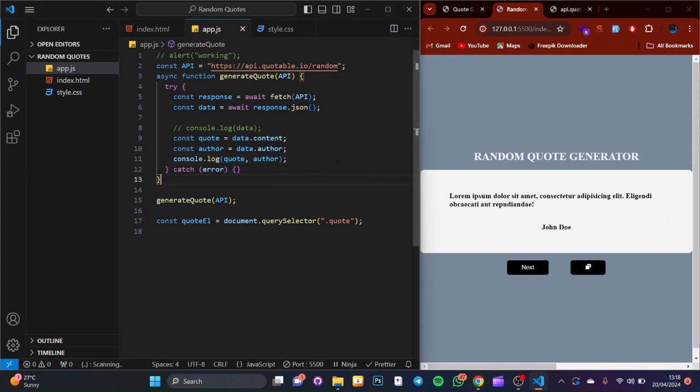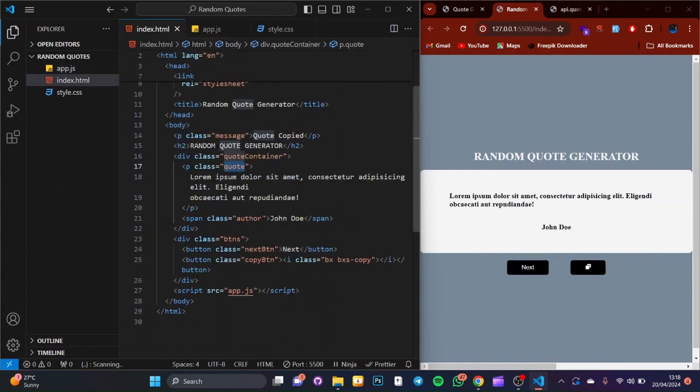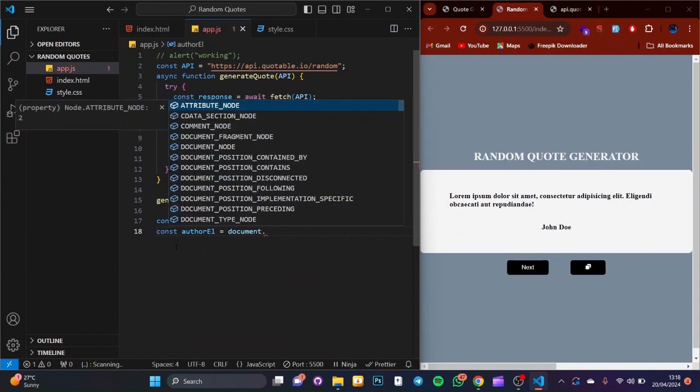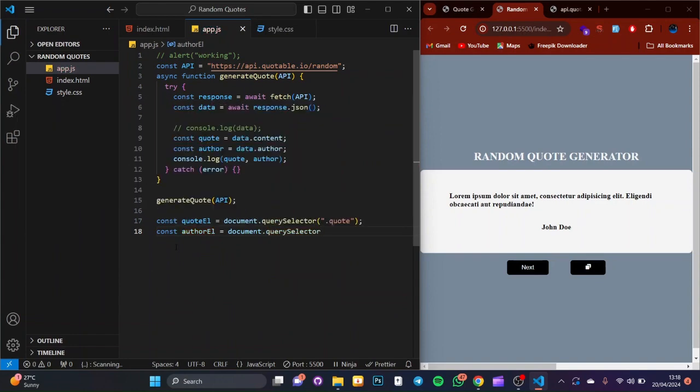So I think we can minimize this, and the next thing we are going to do is render these two. Let us first also get the author, and we just render them at once. So if I say const authorElement equal to document.querySelector, I'll pass in this, and just by this I'll come down here and I say